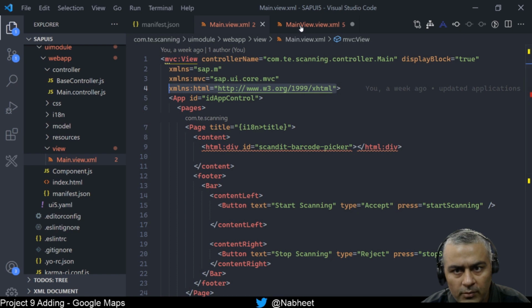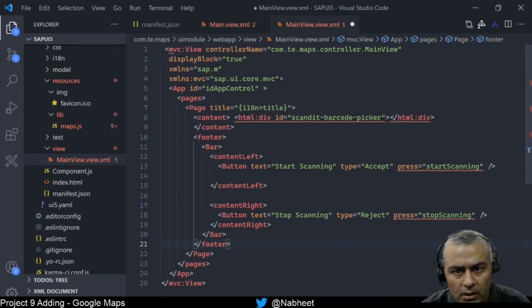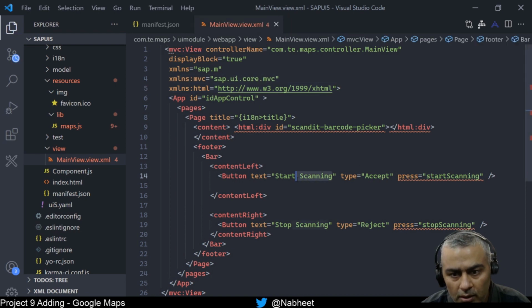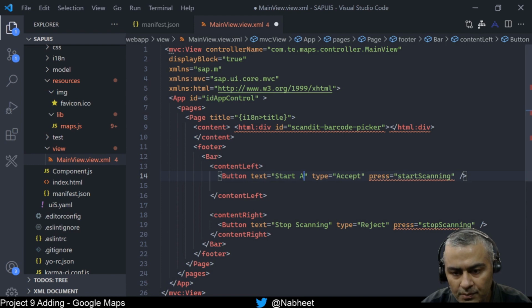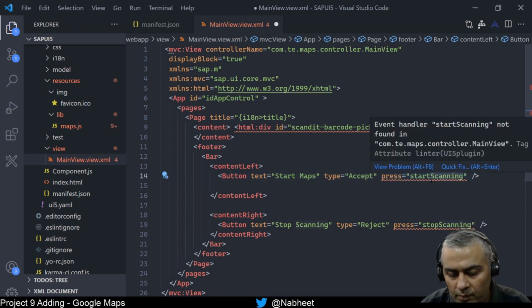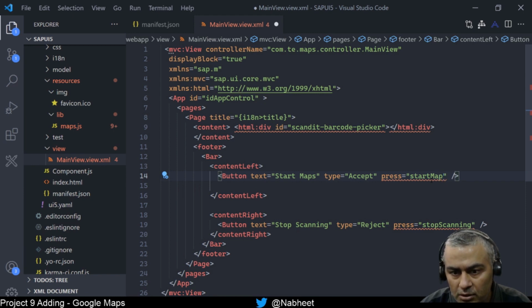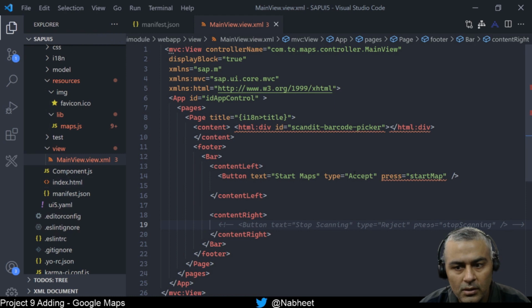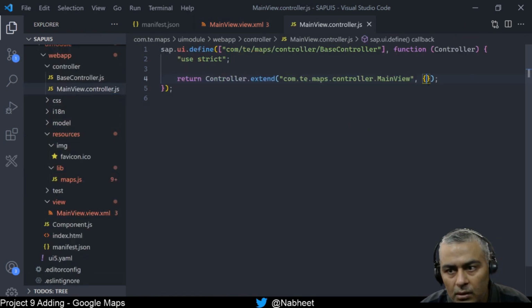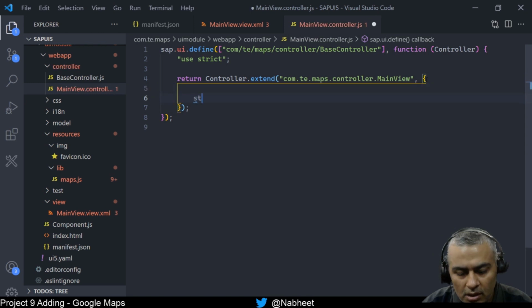I'm copying the namespace, and we have the namespace also. So let me just close this and press save. So this will be like start maps. So we'll have it like a start map function, and here we don't have anything, so I'll just comment it, right? And in our main view, I will create a start map function,